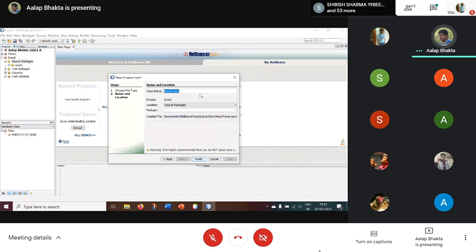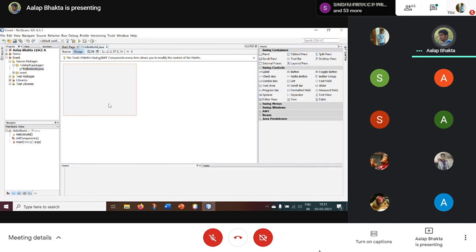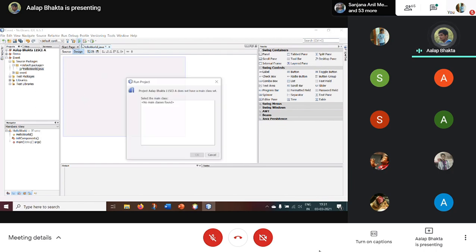I'll just start with hello world frame. Basically, when you create a frame, you will get this whole window. This is the frame size, so you can fix the size of the frame as you want.